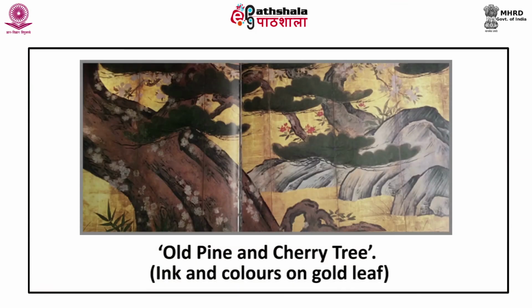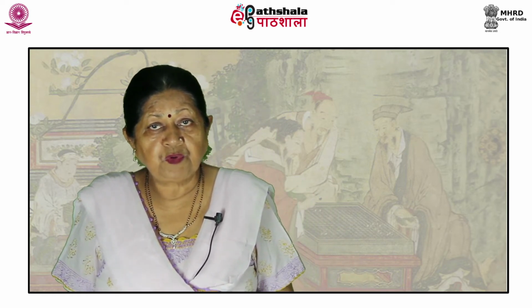Another example of this expressive style is seen in a screen in the Honolulu Academy of Art, USA, titled Old Pine and Cherry Tree. Ink and colors on gold leaf. This 6-panel screen shows the midsection of an old pine with branches and clumps of green needles floating like clouds over dead twigs. Huge rocks painted with strong brushstrokes balance the composition on the right hand side,